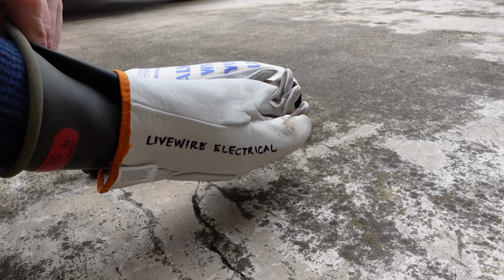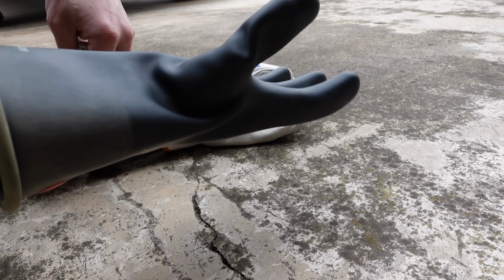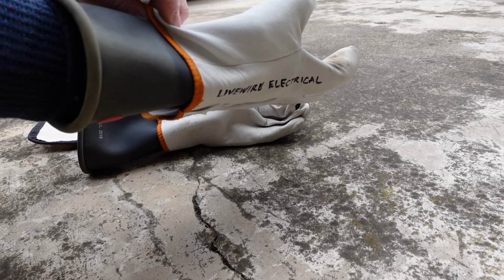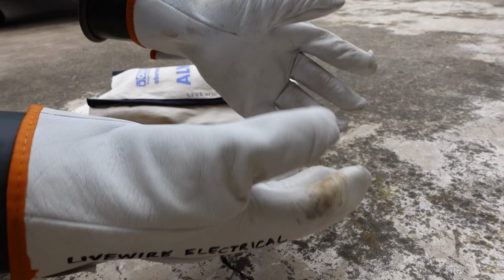Now, another kind of gloves that I should talk about, I'm not doing an electrical safety video here, that'll be a different video, but there are what we call hot gloves, and they are electrically rated gloves that you wear. These gloves are typically a two-part glove. You've got the actual rubber glove that is electrically insulated. Usually it's stamped with a certain voltage, 1,000 volts, 10,000 volts, whatever. And then you have the leather protectors, and that's basically a regular leather glove that goes on the outside of them. I keep a few different sets of these around in different places, depending on the environment,